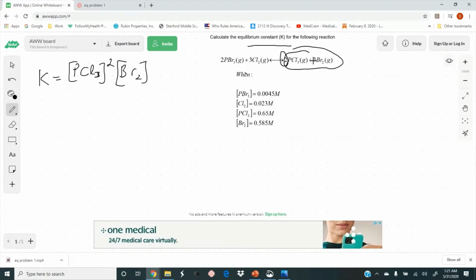The coefficient is 3, so we cube it. And then that's your numerator, right? The denominator is these guys over here,